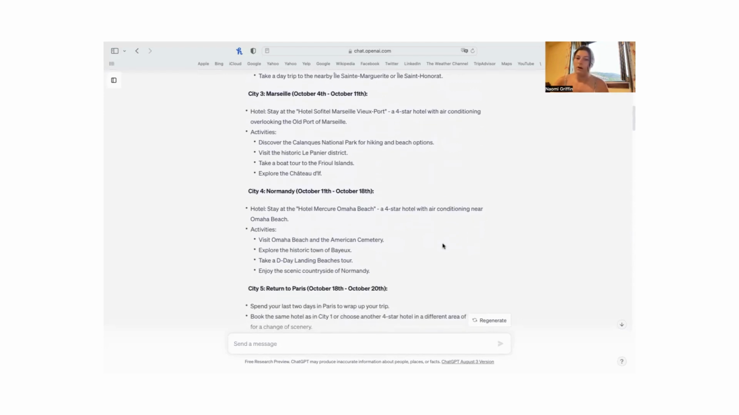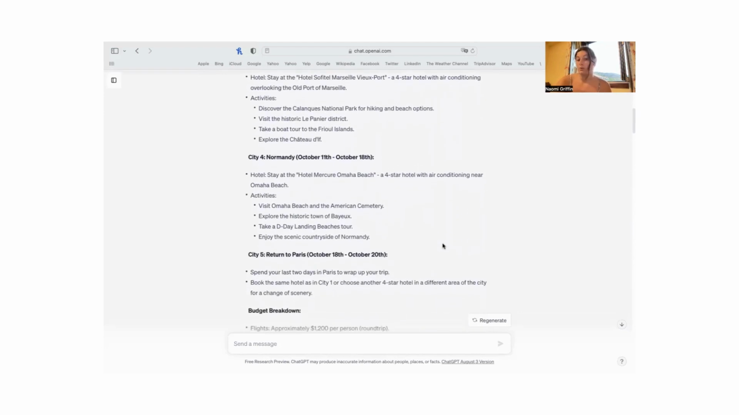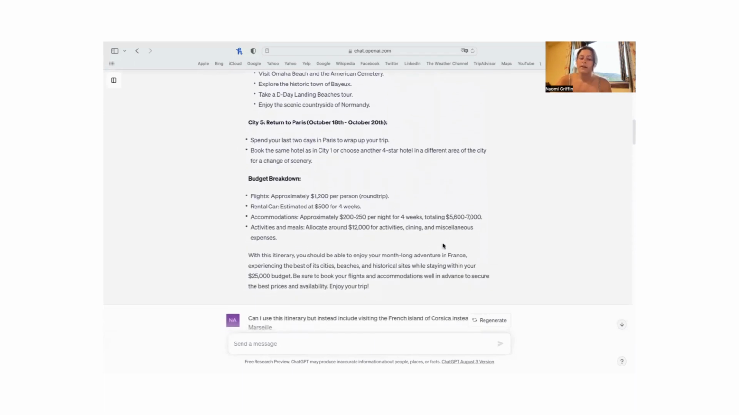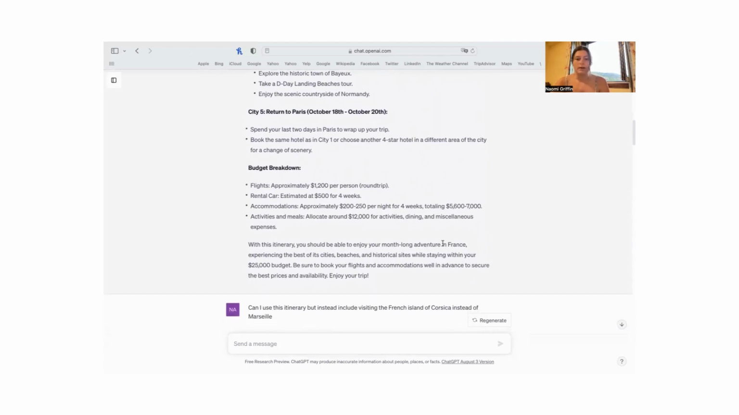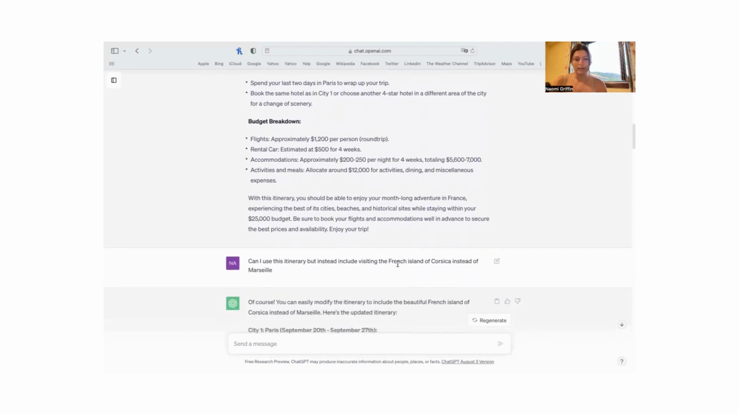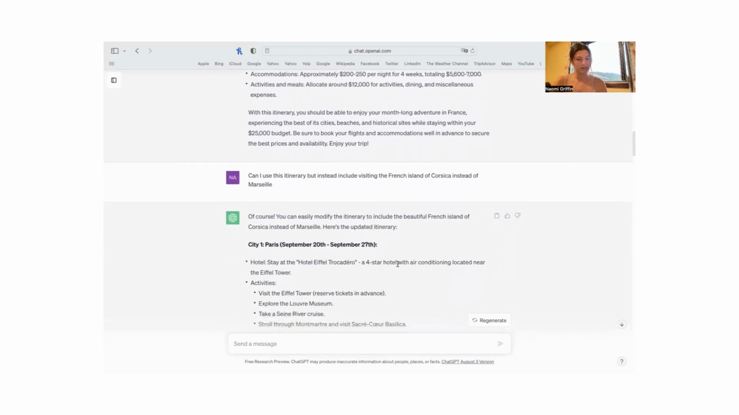It goes on with basically the same thing: Normandy, where Omaha Beach is, along with all of these. And that gives me a slight budget breakdown. So it gives me per trip, round trip flights, car rental estimated, so $500 a week for 4 weeks, and hotel stays allocated for activities, etc. So then I wanted to change it up a little bit, and this brings me to